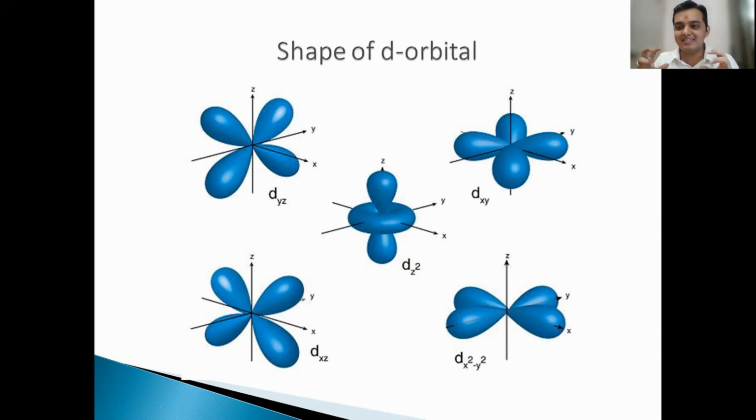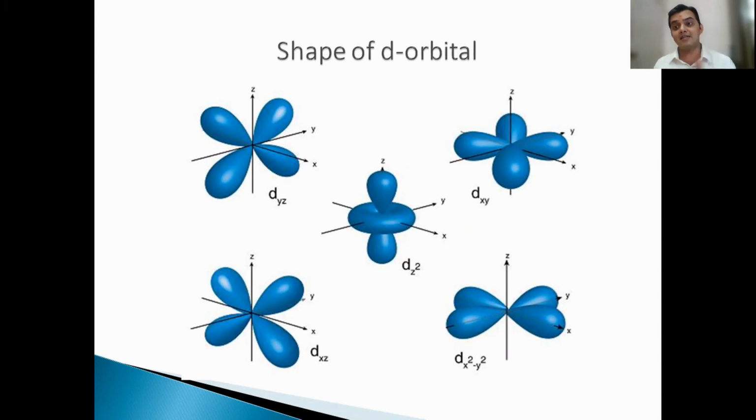Like a small kid goes into the swimming pool for the first time, and the teacher or his parent is giving him that float. So he's wearing that float and is going into it. So it is a small kid and the float around it. So it looks like a doughnut shape. So this is dz square.